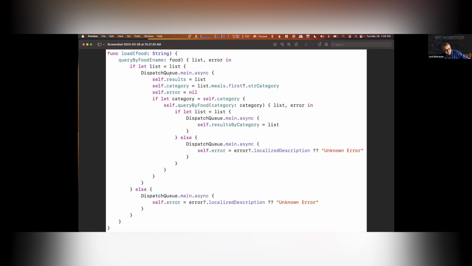So you can see as we move from this initial call, now we've got this closure here. Inside of here, again, we're having to call dispatch queue main to update the UI. In here, we're having to do a similar thing. And all the while, if this request fails, where do we handle that? If this request fails, where do we handle that? Well, if this response comes back, but the category isn't set correctly, now where do we handle that? So compare that to our